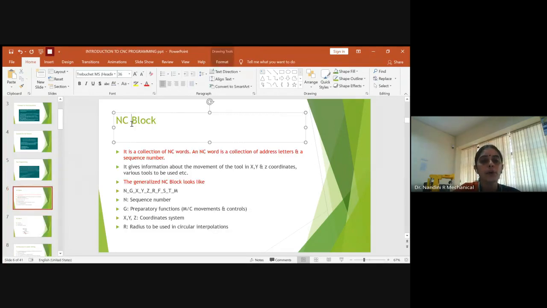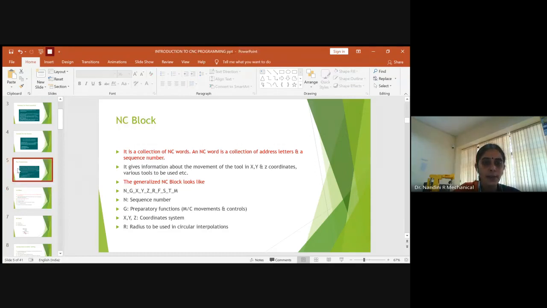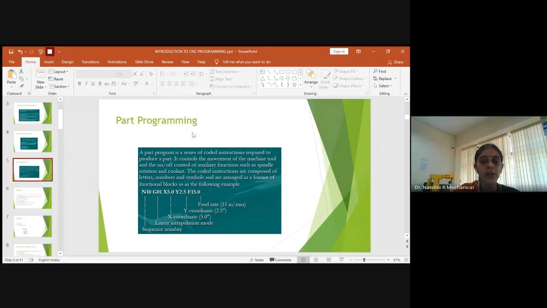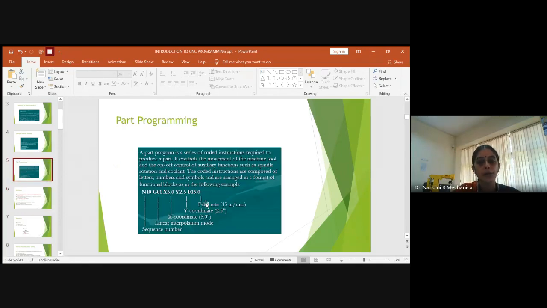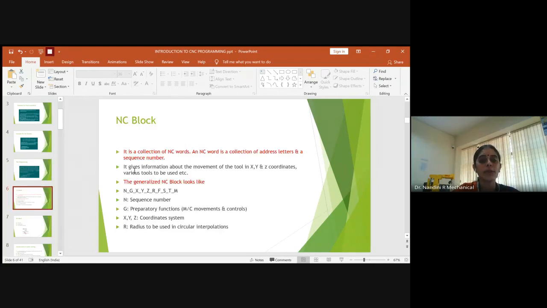So what is NC block? NC block is nothing but the numerical control block. So this is a part programming, just manual part programming what you write, and this is the numerical controlled block. So even that speaks the same way. But here you have other parameters other than the manual part what you had over there. So in manual part programming, you just have X coordinate, Y coordinate, and the feed rate. So here, when it is numerically controlled, you will be having n number of parameters. But still, the importance and the use of NC block is the same.